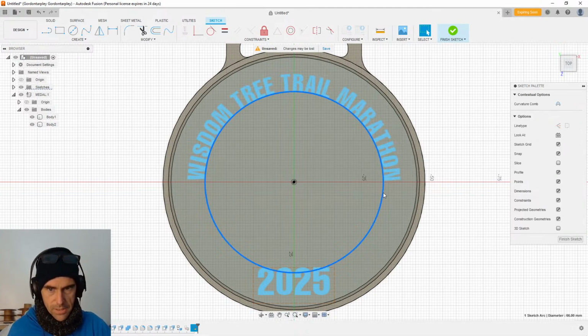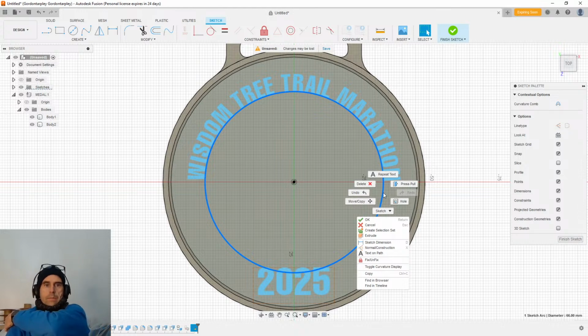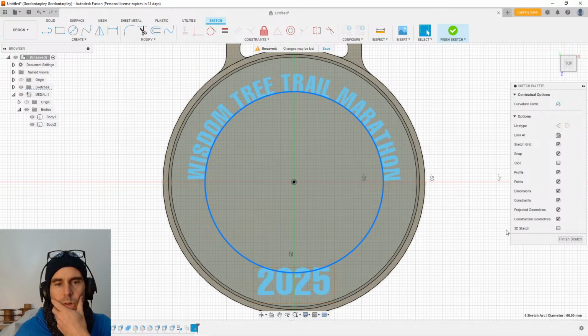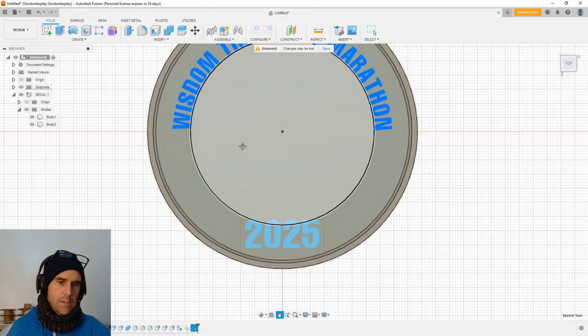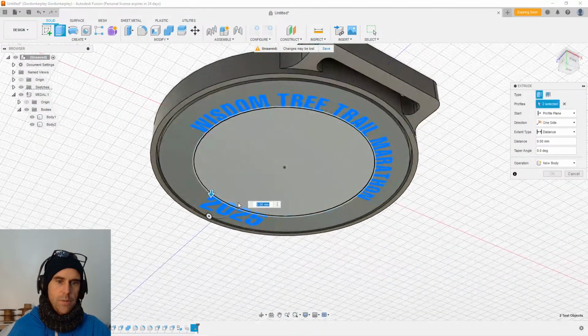Can I change this thing? I don't know. I'll do that in ZBrush. I will do that in ZBrush. Okay, finish sketch. Chonk donk. Alright, so we're going to go this and this. And extrude this up by...